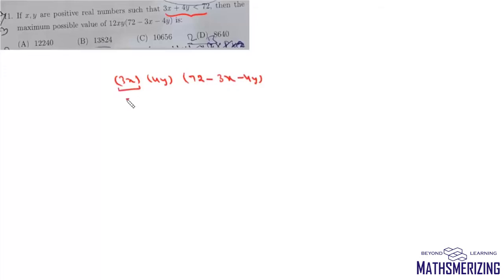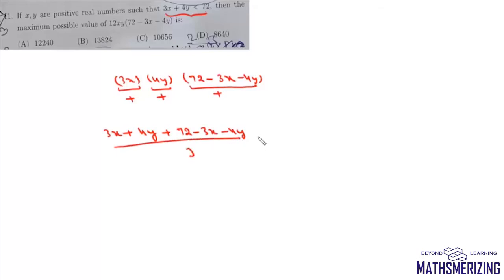Now 3x is positive, 4y is also positive, and 72 minus 3x minus 4y is also a positive number. So we have 3 positive numbers, and we need to find the maximum possible value of their product. Now once we have positive numbers and we have to find the maximum value of the product, we'll use AM and GM. So if we write their arithmetic mean, it will be (3x plus 4y plus 72 minus 3x minus 4y)